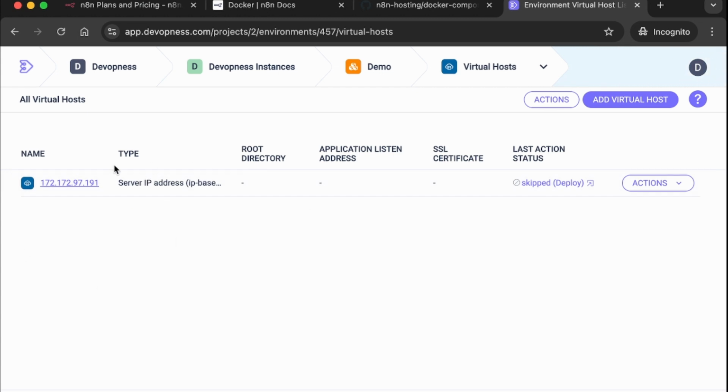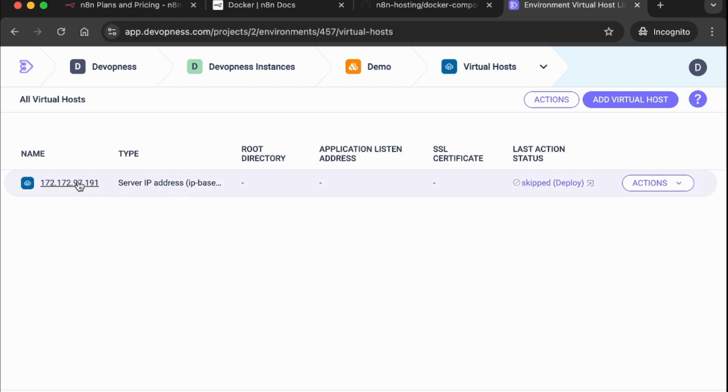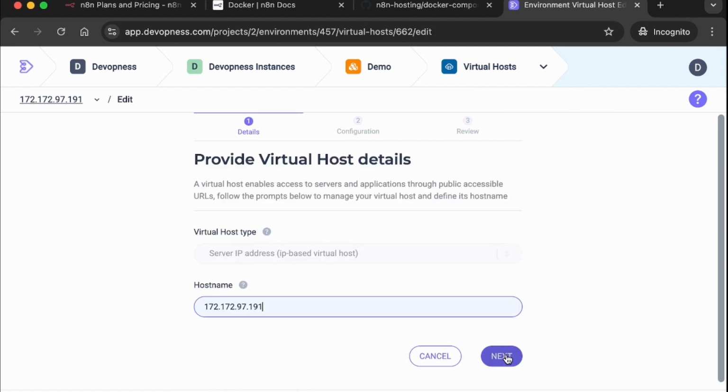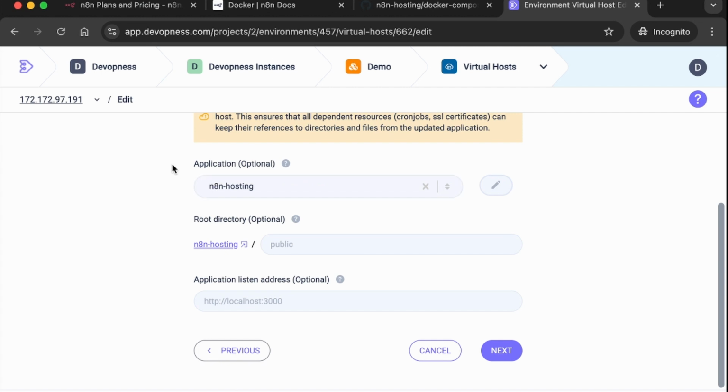In our case, when we created a server, a virtual host is already configured here by the IP address. It's not the most convenient way, of course. You want your users and yourself to remember a human-friendly name, such as, I don't know, n8n.yourcompany.com. But for now, just for testing first, let's use this one. You can add it. This is the IP address of the server. Just the IP address. The application, we choose the application that we created. That means when somebody accesses this address on the internet, the content being served is the content of